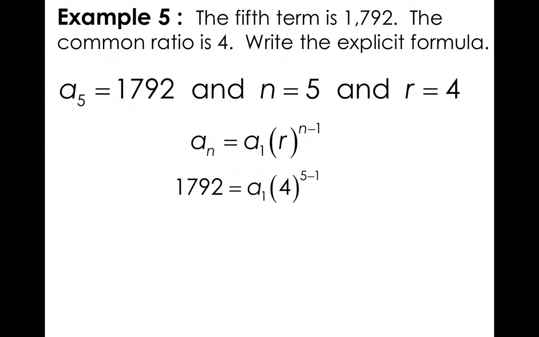Because remember, in order for you to write the explicit formula, you have to have the a sub 1. Well, some people may be wondering, well, Mr. Collier, how do we find the a sub 1 to be 7? So in order to find the a sub 1, once we completed this step right here, that step said that we had 1792